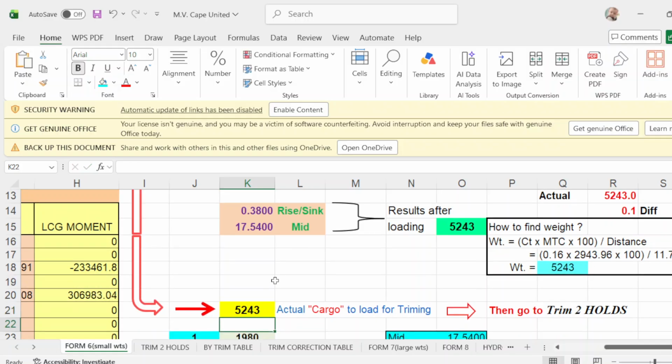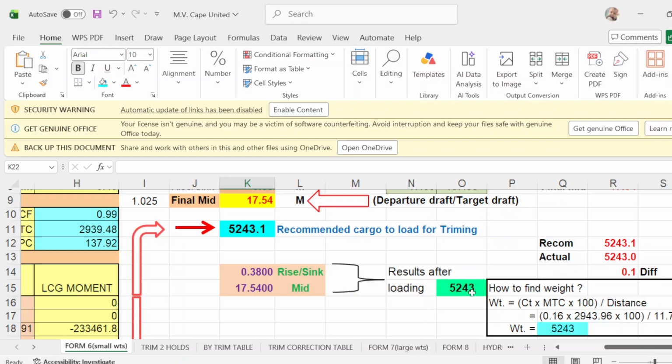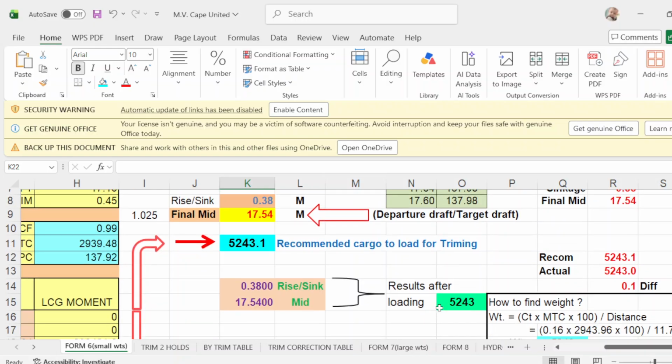There you go. If you load 5243, your mid drop is 1754, which is the same here, and your sinkage is 38, which is the same here.